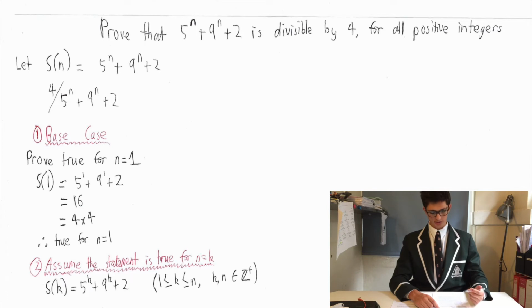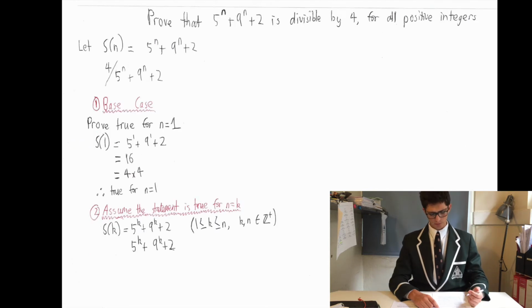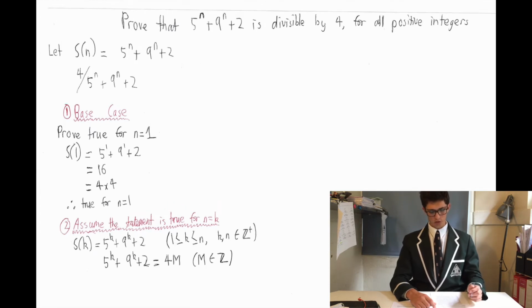Now we will take this word statement and write it mathematically. We will write S(k) is equal to 5 to the power of k plus 9 to the power of k plus 2. But we're assuming that this statement is divisible by 4. So we need to equate our statement to something. But what do we equate it to? Well, let's look at the multiples of 4. We have 4, 8, 12, and so on. And what do these numbers all have in common? Well, they are 4 multiplied by an integer. 4 times 1, 4 times 2, and so on. Therefore, we will rewrite this statement and equate it to 4 multiplied by m, where m is the integer solution